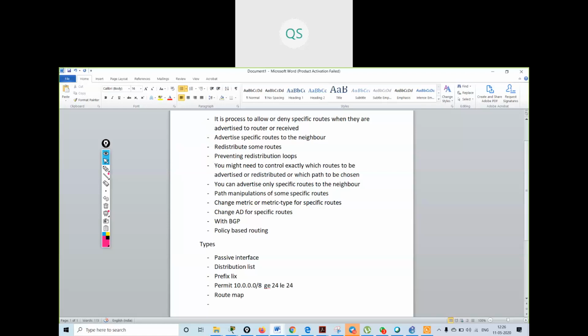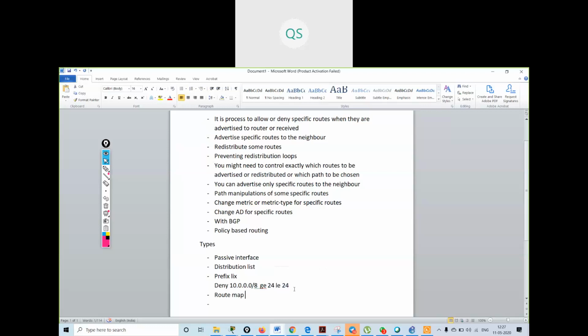So it is matching the routes by these slash values. Permit 10.0.0.0, or you can say deny 10.0.0.0/8 greater than or equal to 24, or less than or equal to 24.